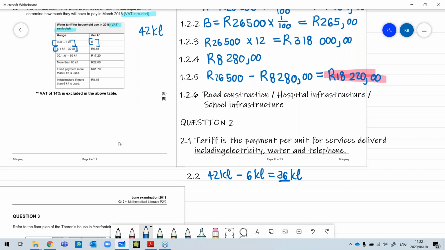So we are going to say 30 minus 6,1, and that means that 23,9 kiloliters fall within this range. Therefore, our next step will be to say 23,9 kiloliters multiplied by the tariff of R6.48. If we type that into our calculator, it gives us an answer of